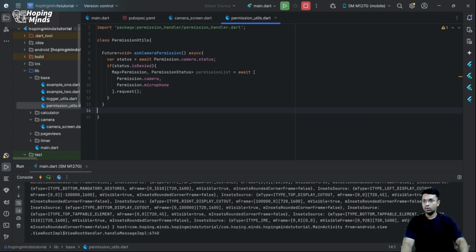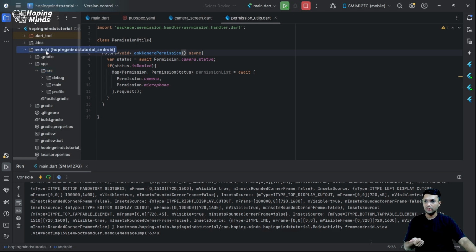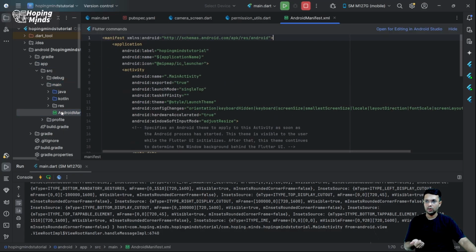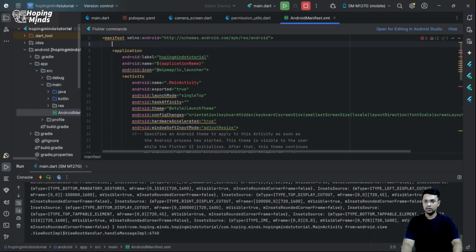Next, when it comes to accessing any hardware, it's mandatory that going into my Android module, I have to declare those permissions in my manifest file. You can see the manifest file is inside Android, inside app. I'll head over to the Android manifest file and put over here uses permission